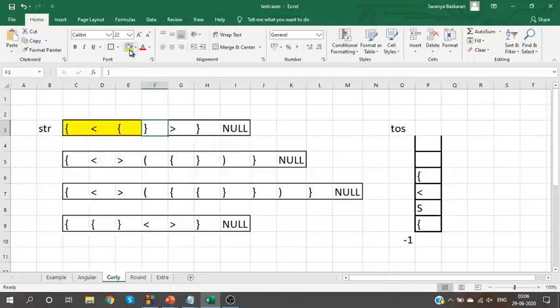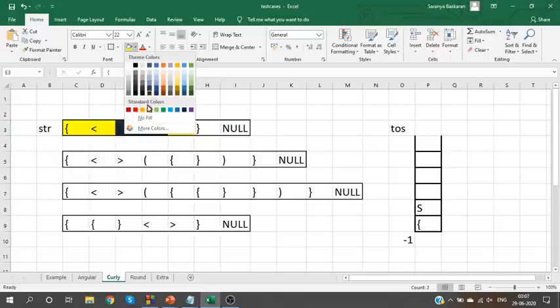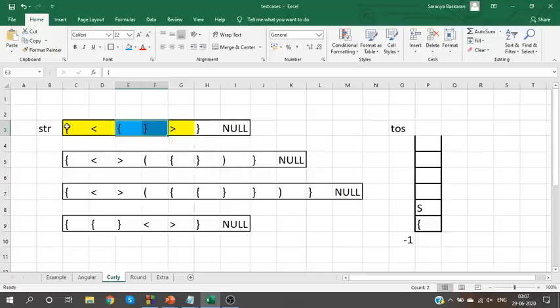Once we see a close bracket, what will we do? We will pop this element, both are matching, so no issues. Then we see the next angular bracket, so we will pop an element, both are matching, no issues. Then we see a curly bracket. There is a difference between these two curly brackets.